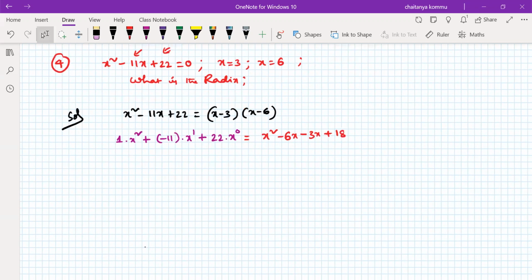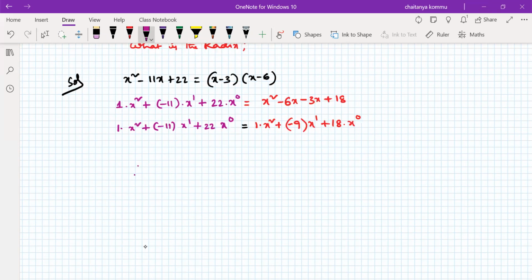So I can write this in a different method. In this weighted form, what is the weighted form of this one? 1 into x squared, plus minus 9 into x power 1, plus 18 into x to the power of 0. Do you agree with me? Is it clear to all of you? Therefore, 1 into x squared plus minus 11 into x power 1 plus 22 into x power 0. Therefore, now what I'm going to do here is that if 11 is equal to 9, for example, if 11 is equal to 9, then I can say that